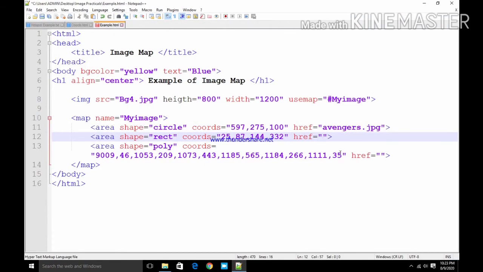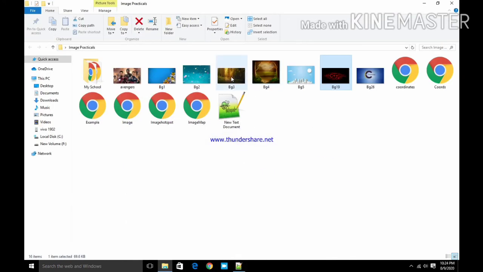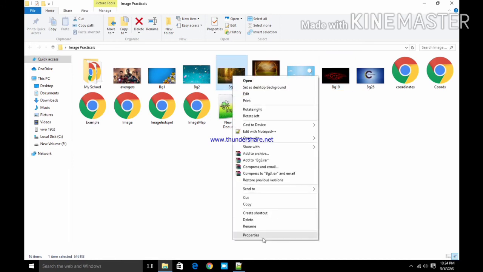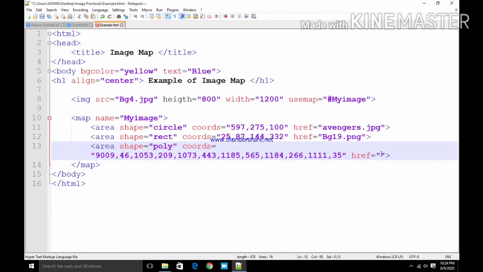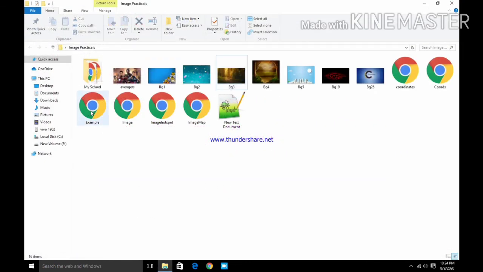So I write bg19.png. And lastly, for the polygon, I want to use this bg3 image. Then let us see its extension. This extension is .jpg. So I'll write here bg3.jpg, then save.